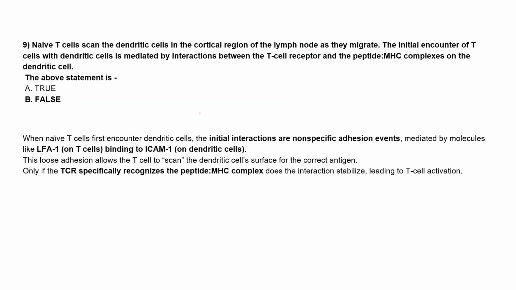So here, the one piece of information you are missing is that this statement is true, but the first thing is the initial encounter. These naive T cells scan the dendritic cells in the cortical region of the lymph node as they migrate. The initial encounter with the dendritic cells is mediated by the interaction between the TCR and peptide on the